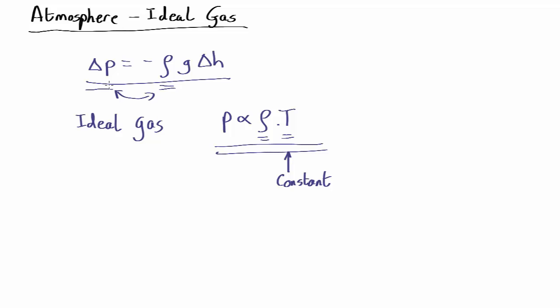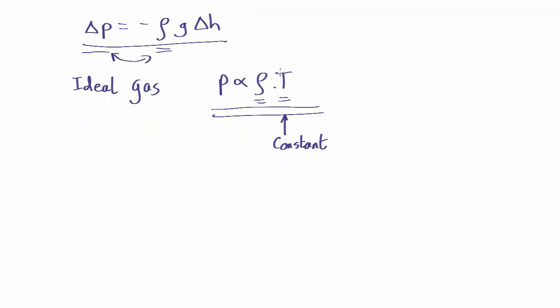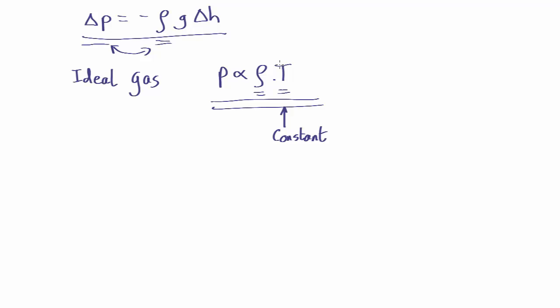Because for most of the troposphere it's going to be less than that, so it might give us maybe, I don't know, a 10% error in our densities up at 10 kilometers high, which is probably manageable. If you wanted the more accurate answer, we'd have to put in some of the physics about how the temperature changes. Okay, so if we're assuming temperature is constant, a so-called isothermal atmosphere, we then have that pressure is proportional